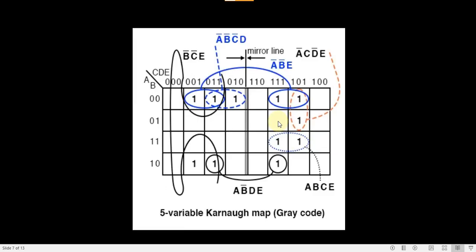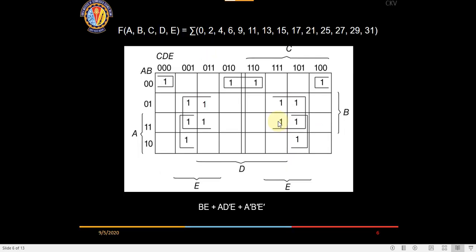Sir, could we go back to the previous slide, please? This one? Yes. In this, the number of groups is 3 or 4? Total number of sets. This is one group, 1, 2, so 3. At the bottom we have one set of 8, one of 4. No, all these 4 have been grouped into one, right? It is A bar. How we do it mirror wise, right? These are mirror images. So this is one group and the other 2 is a different group. So how come it is a group of 4?